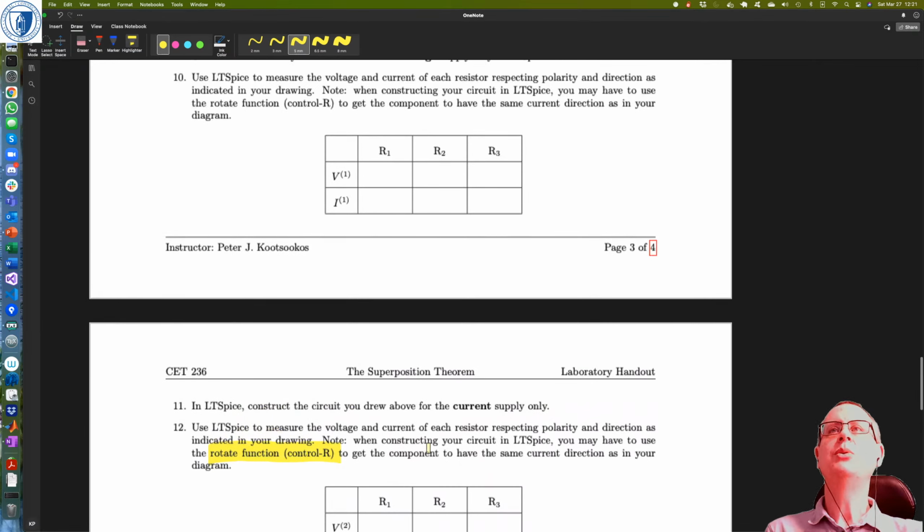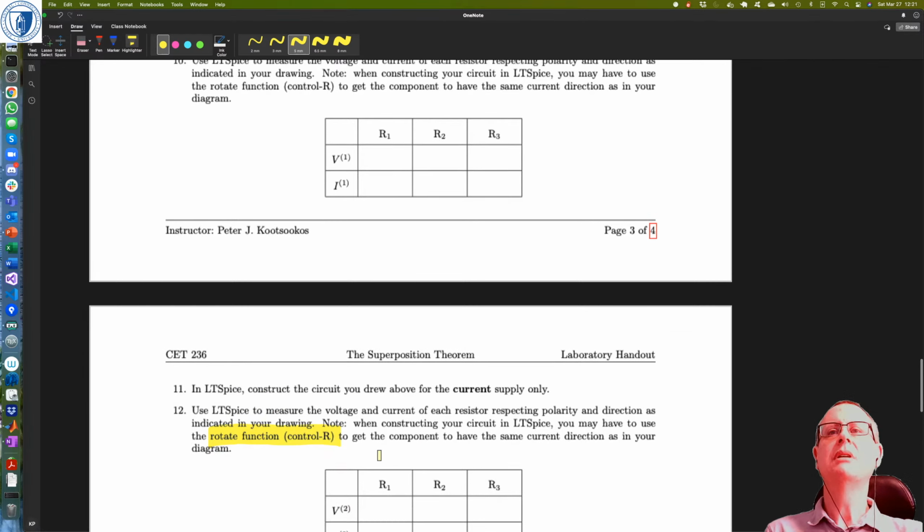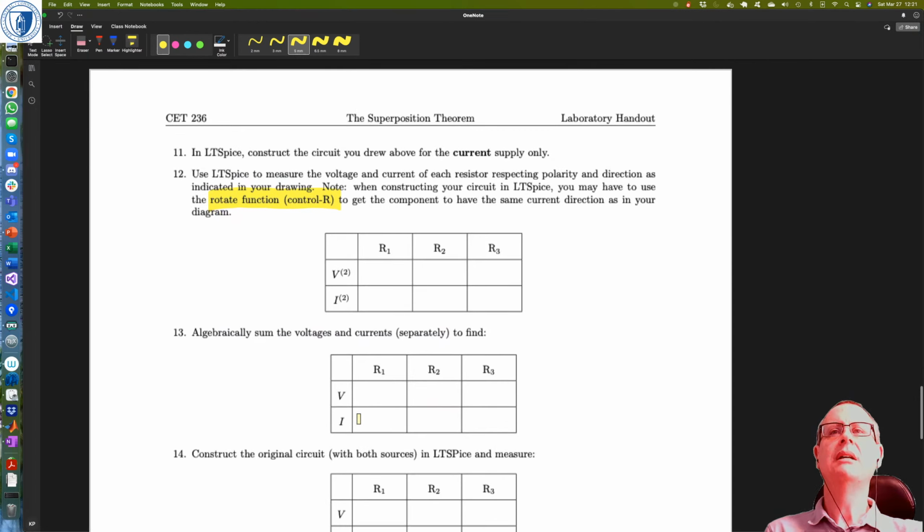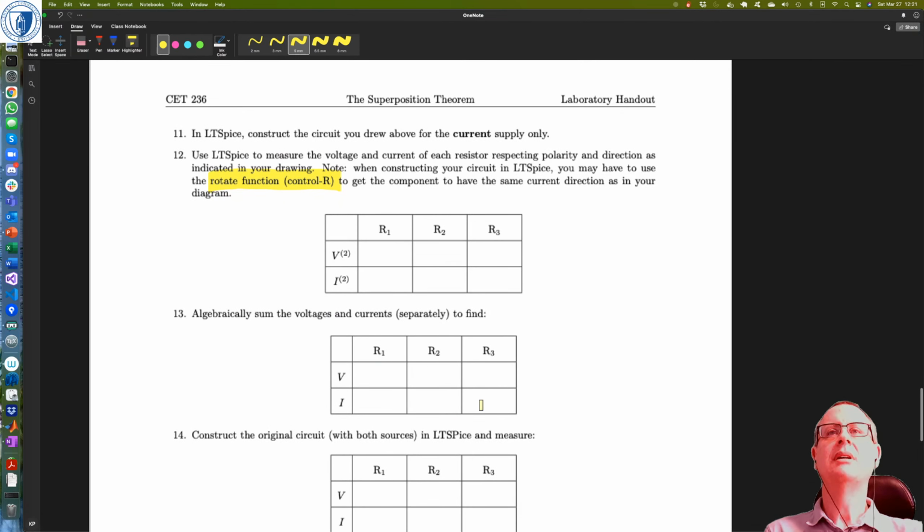Okay, so you do the first version, you do the second version, and then you just